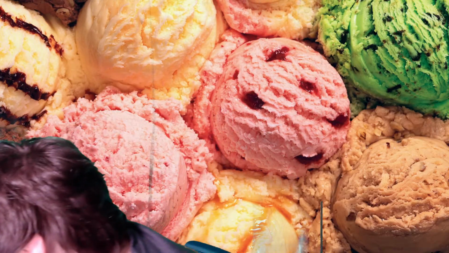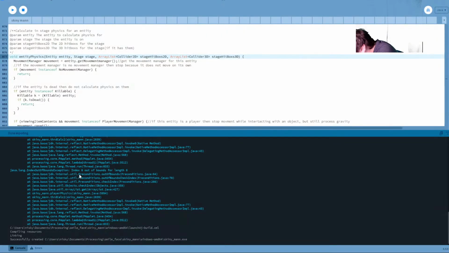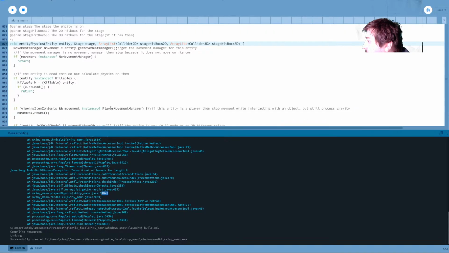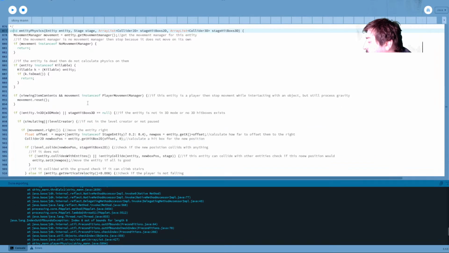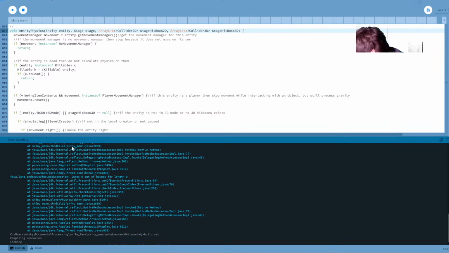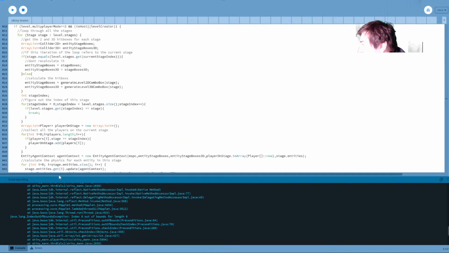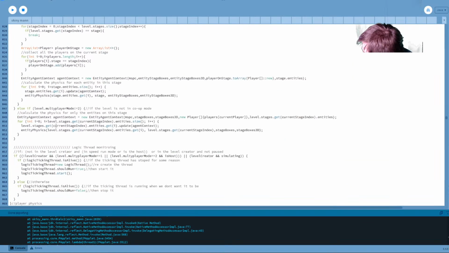Now, which line did it say this was? Okay, I can show my screen again, because it's not going to be in danger there. It said 5994. Can't see this, but I can pull it up over here. Wait, player physics, not entity physics, which player physics calls entity physics.